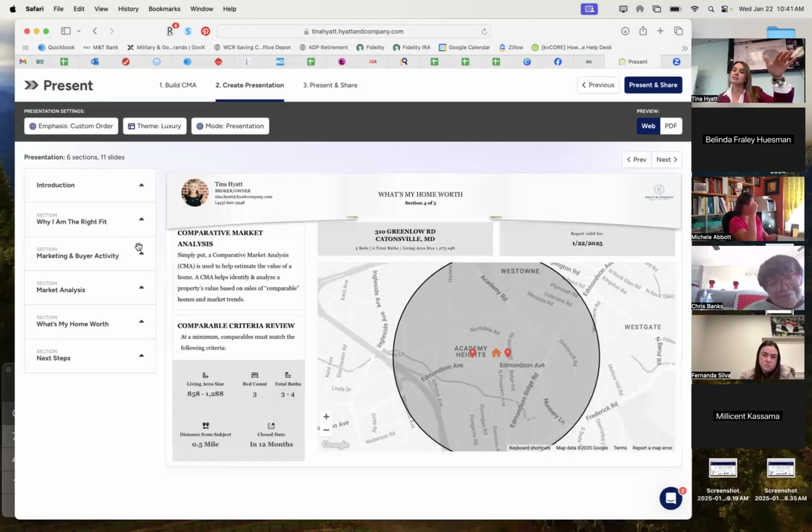Because if she had said to me, yeah, Tina, we've done some online research, we went to Zillow, we know the Zestimate, so we think our house is probably worth around $465,000. Is that important for me to know going into the listing presentation? 100%. Because now I know I need to be prepared mentally to have that conversation about what a Zestimate is and what it isn't, and how that's probably going to be very different from her home's current market value.